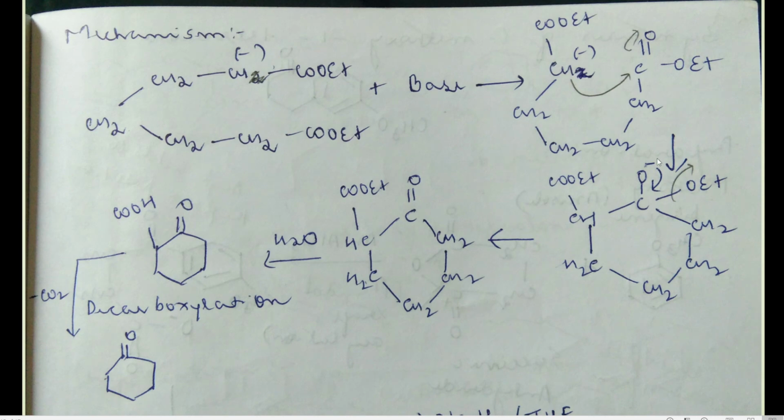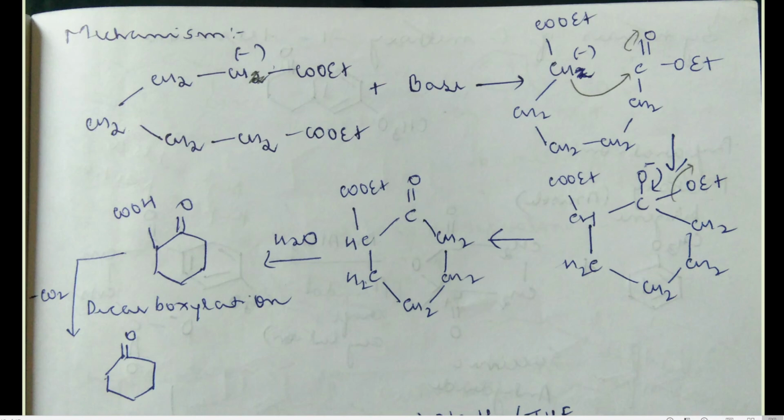What is the next step, students? This double bond O that got shifted onto oxygen as a minus charge now shifts back between this oxygen and this carbon as a double bond. So what is the valency of this carbon? 1, 2, 3, 4 and 5. Since the valency is more than 4, it has to bring back its valency to 4. So what is happening? There is an elimination of this OEt group that gets removed. So the valency is retained back to 4. So now it has 1, 2, 3 and 4.